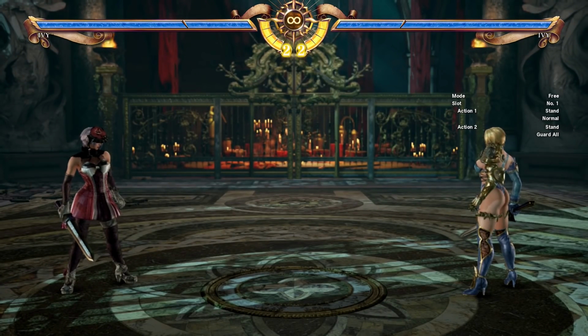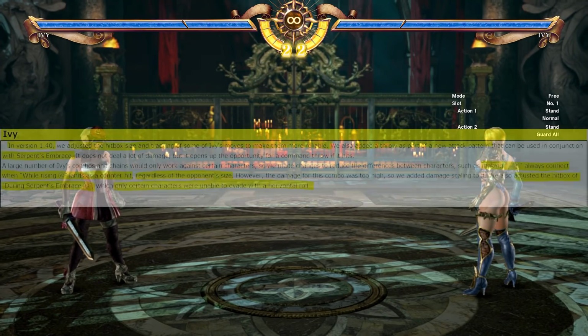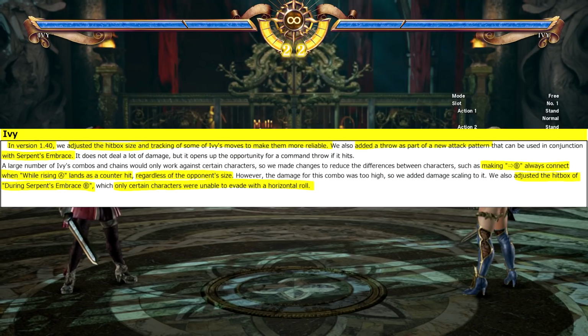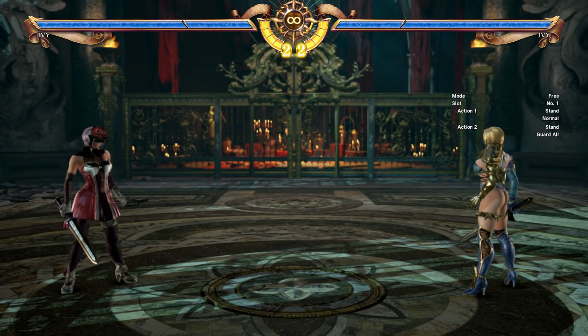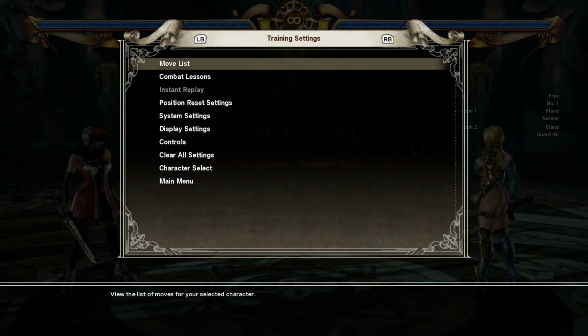So in the patch notes, they always have a description for every character. I'm going to summarize the description for Ivy. Two major things that they made changes to. Number one, she basically had this move, while rising A. This move on counter hit was,